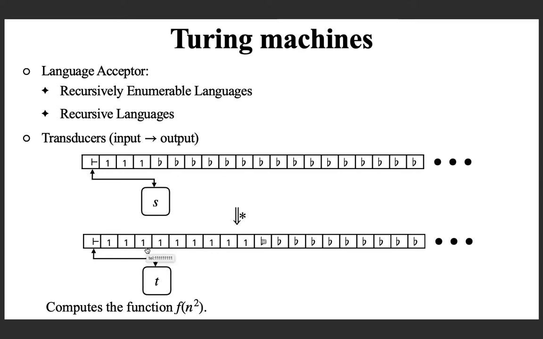So unlike in the case of other automata, here we are going to learn about language acceptors using Turing machines and also as transducers. In fact, we will observe that Turing machines as transducers are as powerful as a digital computer. And so these are the basic automata models that we are going to learn. And after Turing machines, we will discuss an undecidable problem which is called the halting problem of Turing machines.